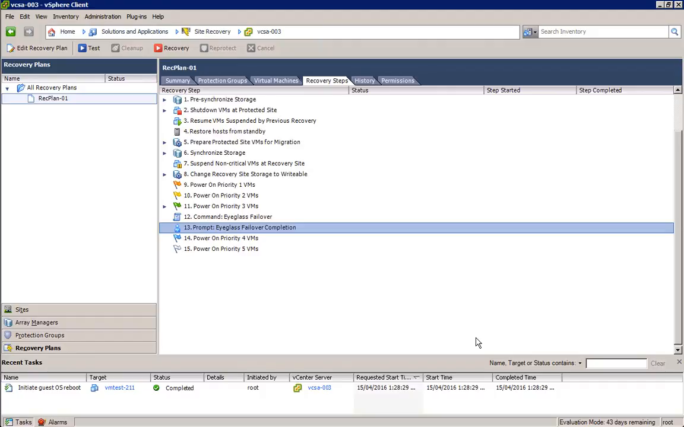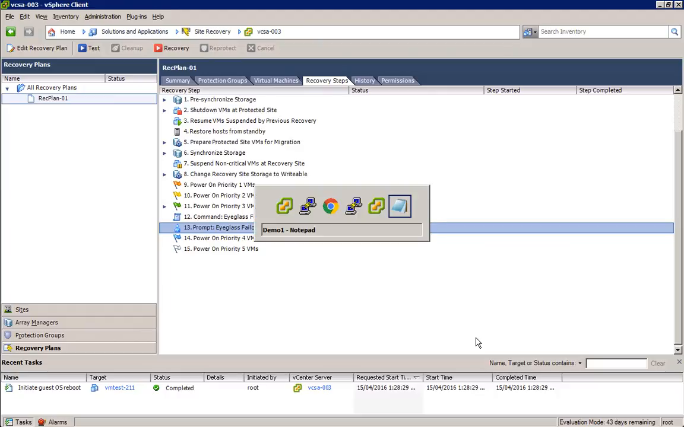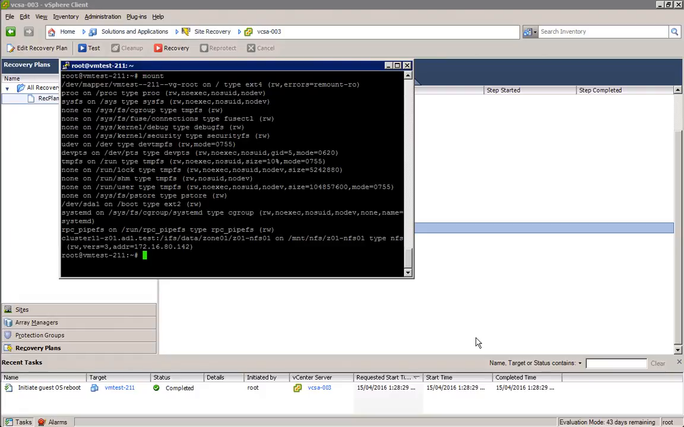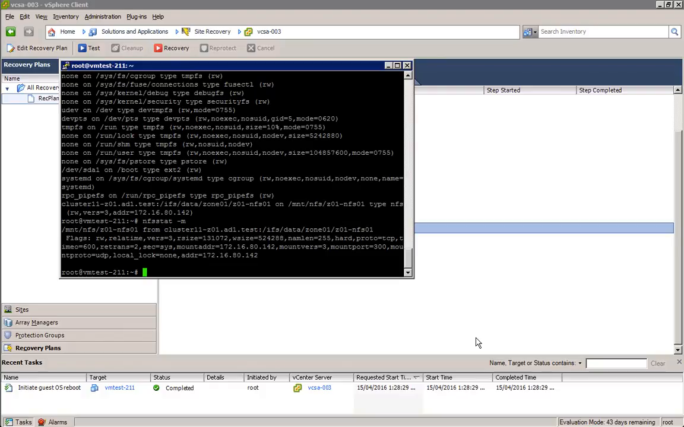Now let's take a look at the protected VM itself. NFS export is mounted to this guest OS. And this NFS export is mounted from the primary Isilon cluster. Okay, we can see this IP address. Eyeglass appliance has been configured to manage this SyncIQ replication for this NFS export. Now for the Eyeglass,